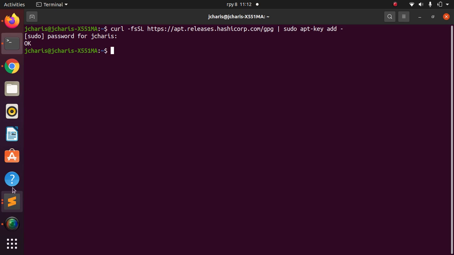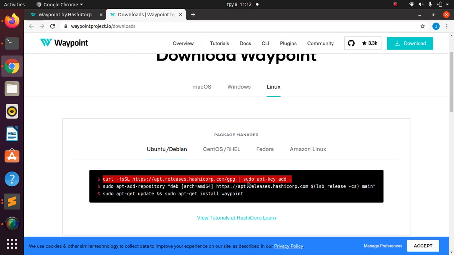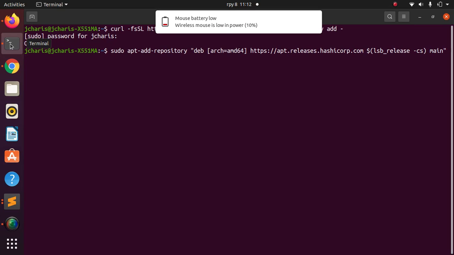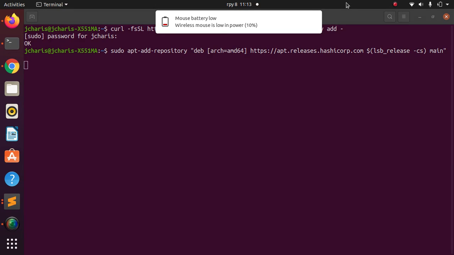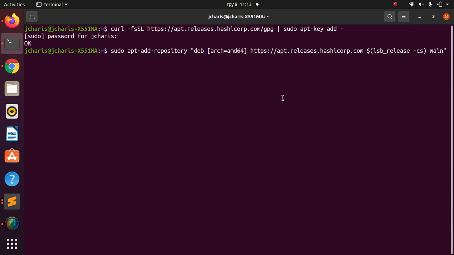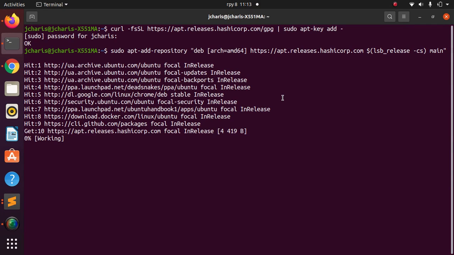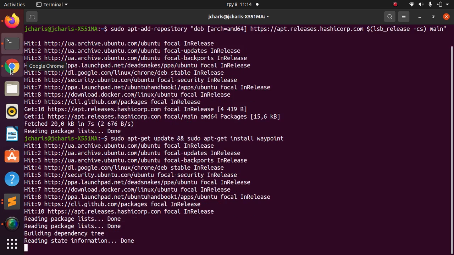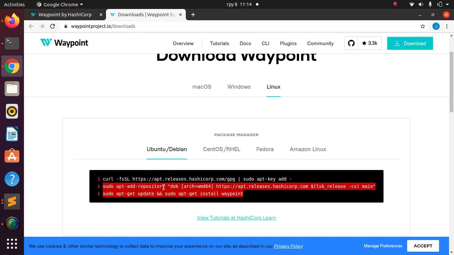Then the second option is that you can just copy this entire stuff here, and then paste it. Perfect. So it's going to download it for us. You have to make sure that you have internet on the system. So this is the simplest way. You just go to the official website and copy this particular stuff here to install it